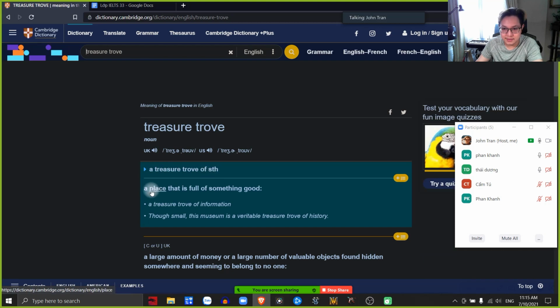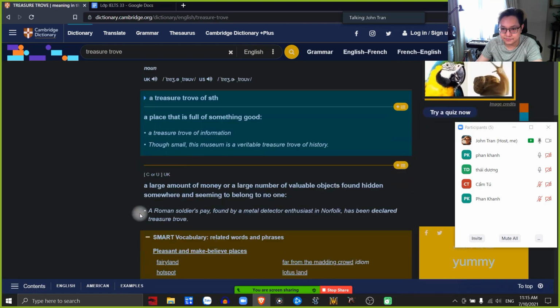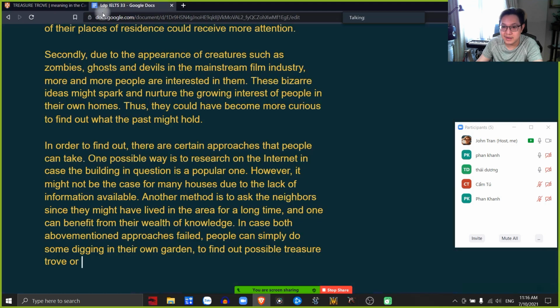A treasure trove of something, a place full of something good, a treasure trove of information, gia tài. See, a large amount of money or a large amount of valuable objects found hidden somewhere and seeming to belong to no one. Gia tài được ẩn giấu ở nơi nào đó, và dường như không thuộc về ai. Kho báu đấy. To find out possible treasure trove or